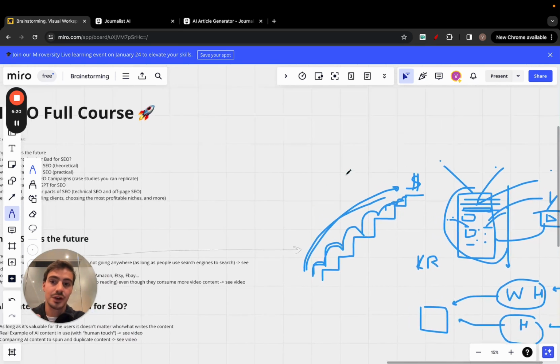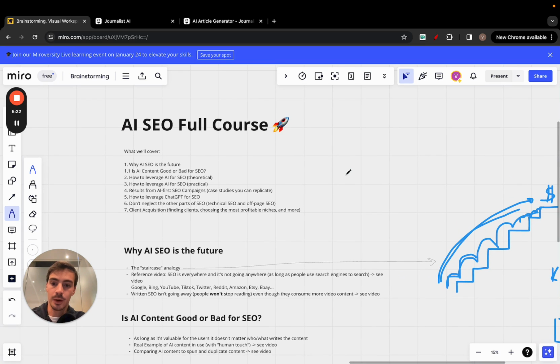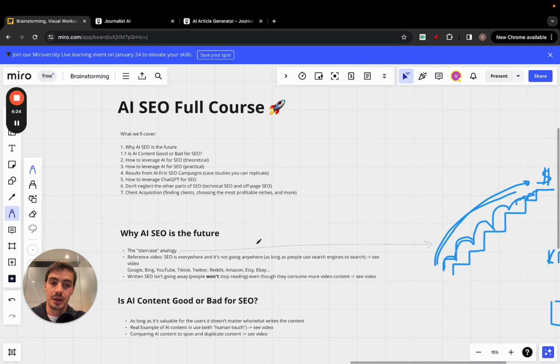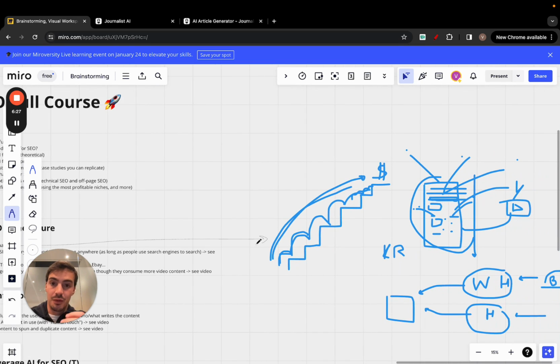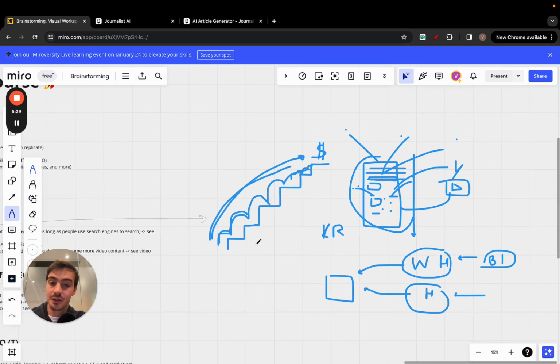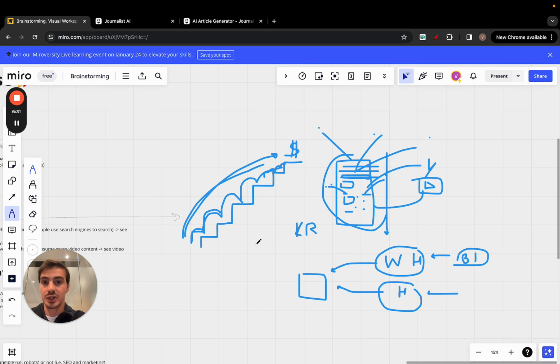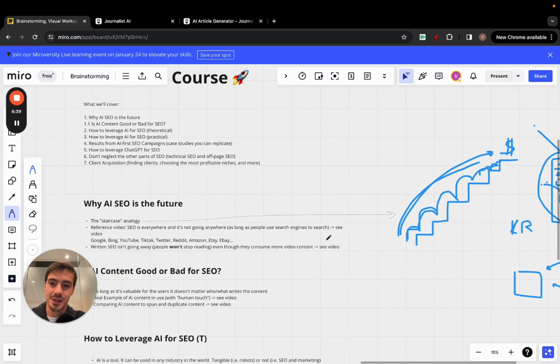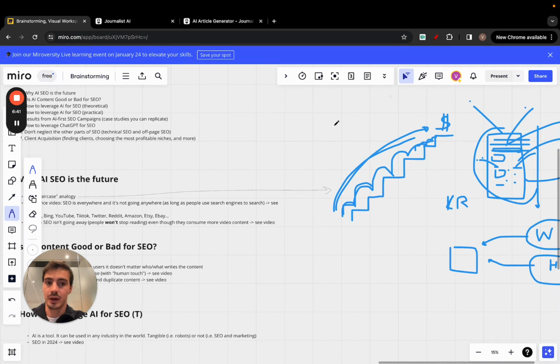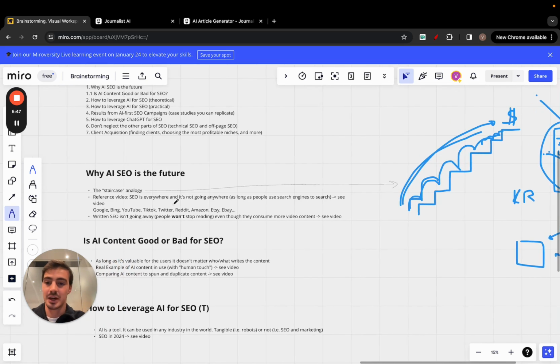And this is the very first thing I wanted to cover here on why AI SEO is the future. This analogy is to show that you need to leverage AI, and it is the future because everyone's going to use it, not just in marketing, but also in the real world. And again, if you're not using it, you're going to be left behind, thus not being able to compete in the free market. So that's the very first thing I wanted to cover here. I give this analogy often, but I think it's very important that I push it out again because it's super, super important, right?